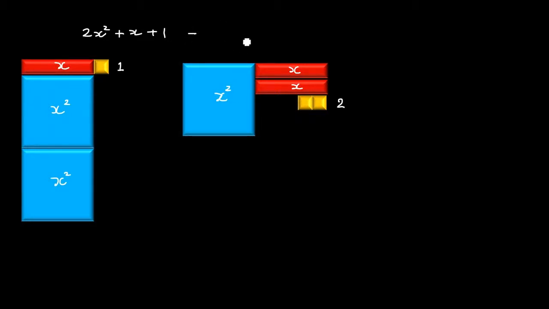We're going to subtract another trinomial, quadratic expression, so it's x squared plus 2x plus 2. But of course we're subtracting the whole thing, so we put parentheses around this polynomial. Okay,